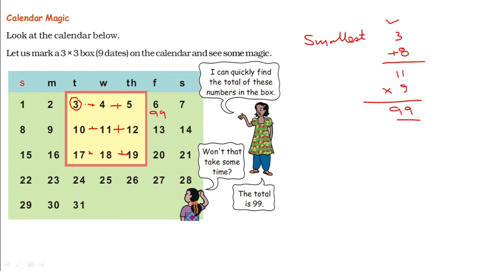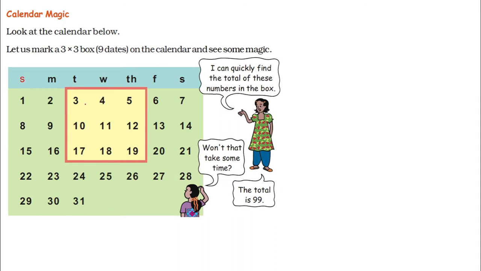Okay. So you tell me in the comment box whether this addition is correct or not by adding these numbers. Okay. So let us revise this with another example. Let us take this square grid. Means 9 numbers are there in this square grid and we have to find the sum of all the numbers. What we have to do? We have to search the smallest number. This time the smallest number is 5.